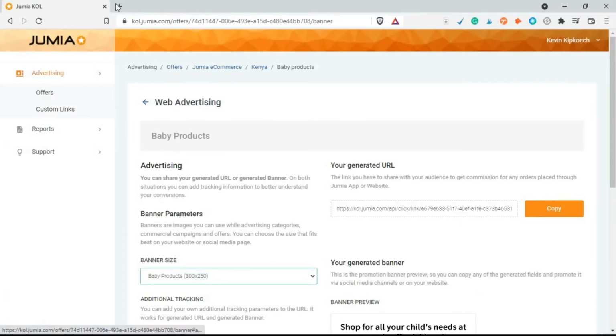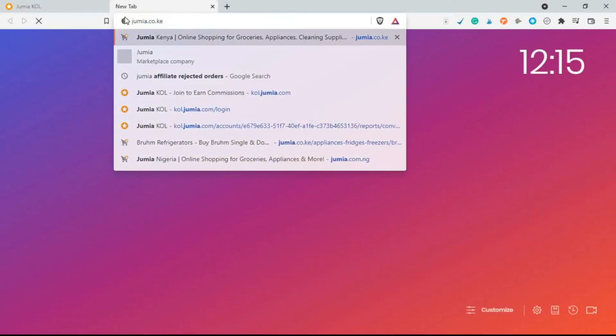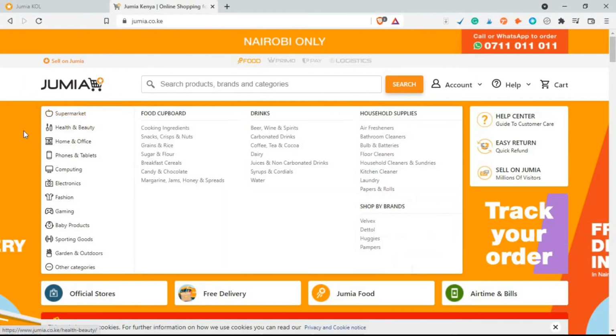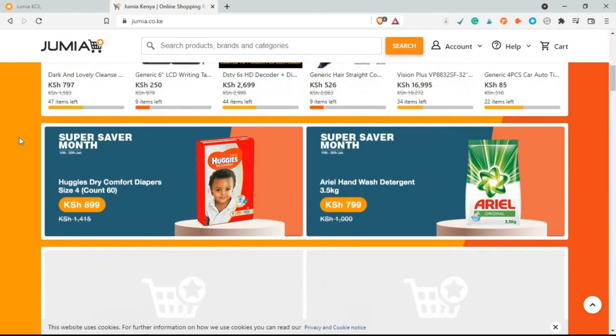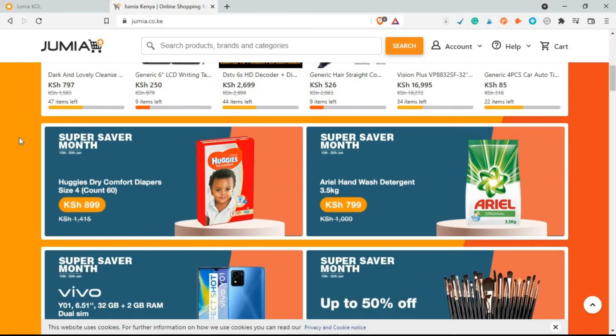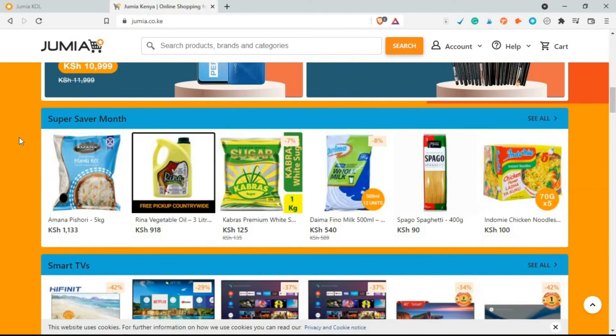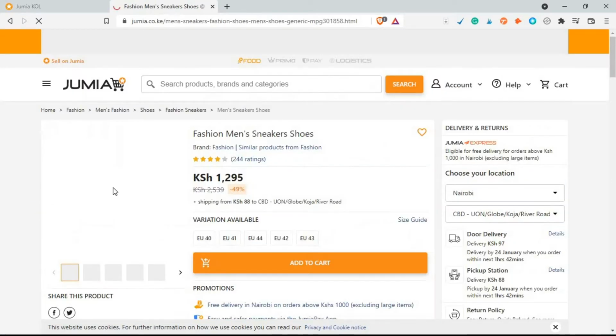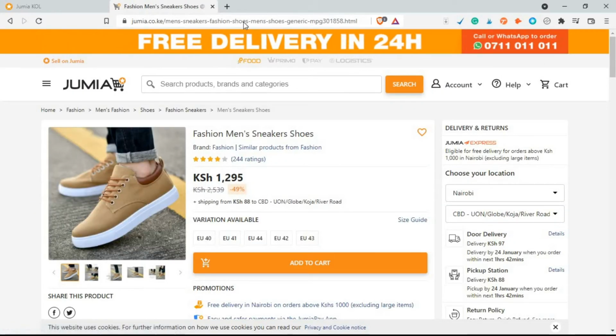The next thing is now generating a custom link. So assuming I want to promote a specific product on Jumia, how am I going to do that? So to promote a specific product, just find the product, copy the link, and go generate the custom URL. This is how you do it. So if I want to promote, say, these shoes, I go to shoes, find that product. So this is the product, copy the link,